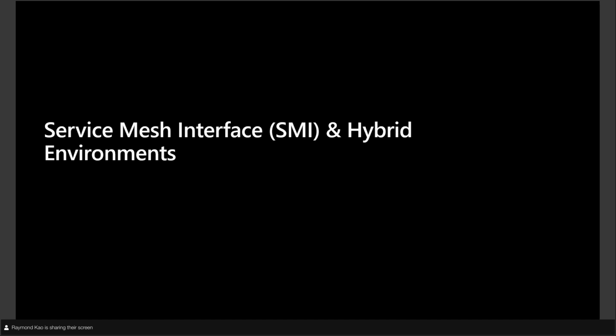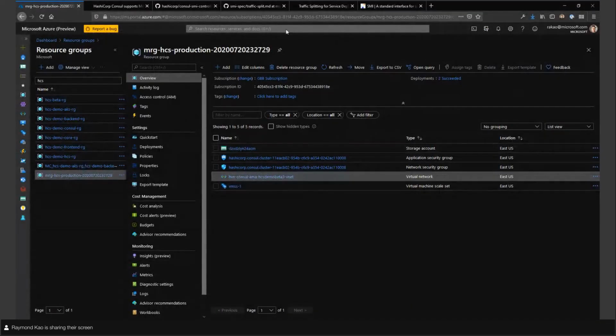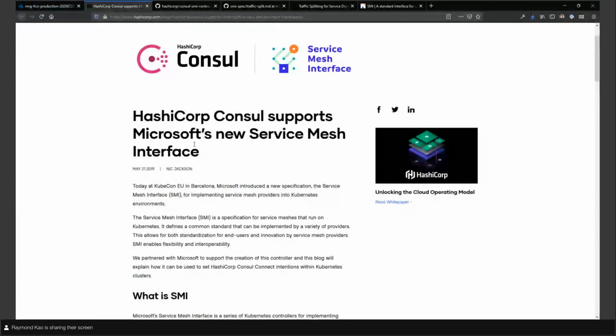So I'm just going to jump back into the browser. Hopefully this shows up accordingly. So HashiCorp Consul supports service mesh interface. It's an open spec made by us at Microsoft, or more importantly, our upstream open source team that came over